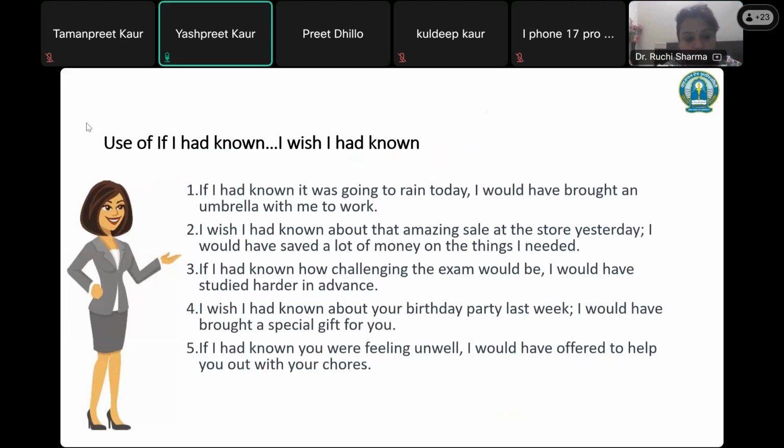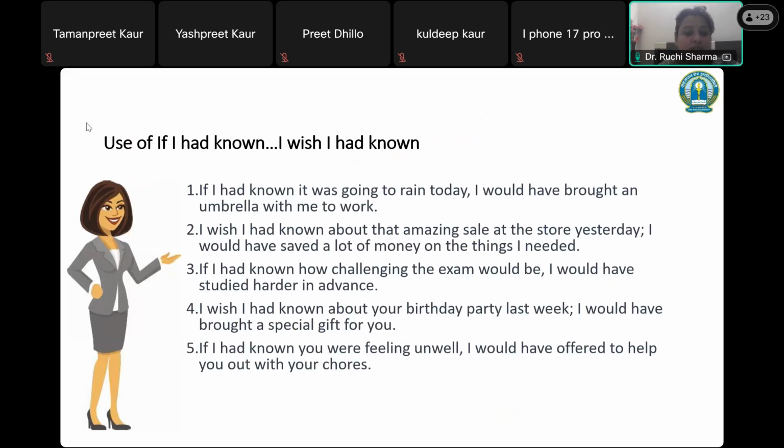I wish I had known about your birthday party last week. I would have brought a special gift for you. Yeah. Now I want you to pay attention and finally track down the words that tell you the sentence is in past tense. Do you see in this last sentence that was spoken, sentence number 4, you have last week